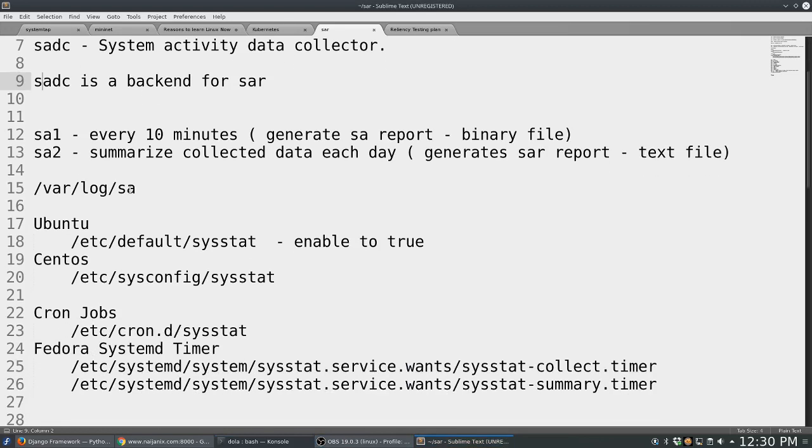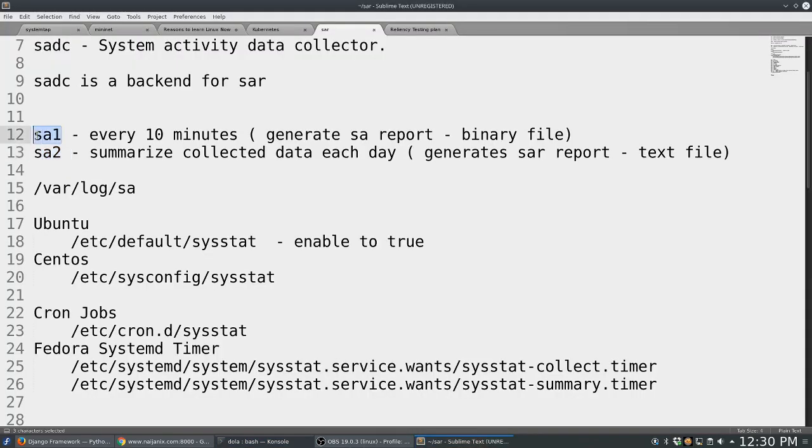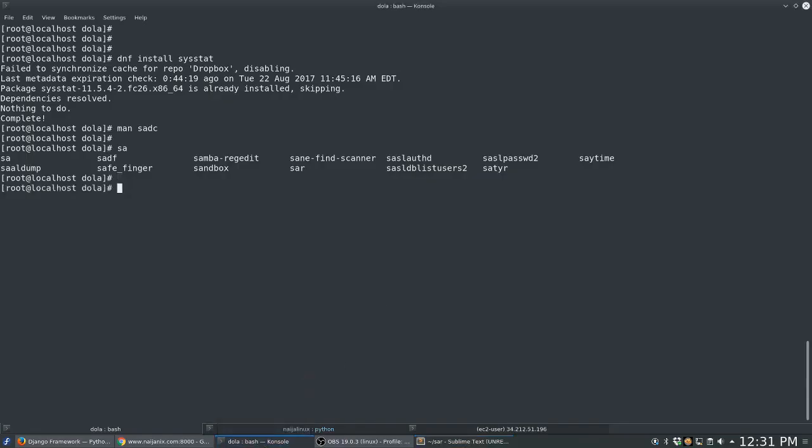SAR comes with two major tools, SA1 and SA2. When you install SAR, these two major tools come with it. Both of them are in the form of a cron job, a cron task. So if I go to my cron jobs,